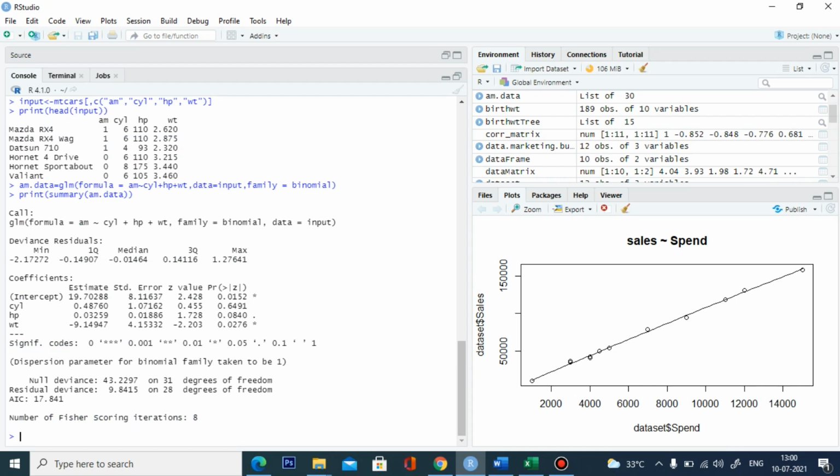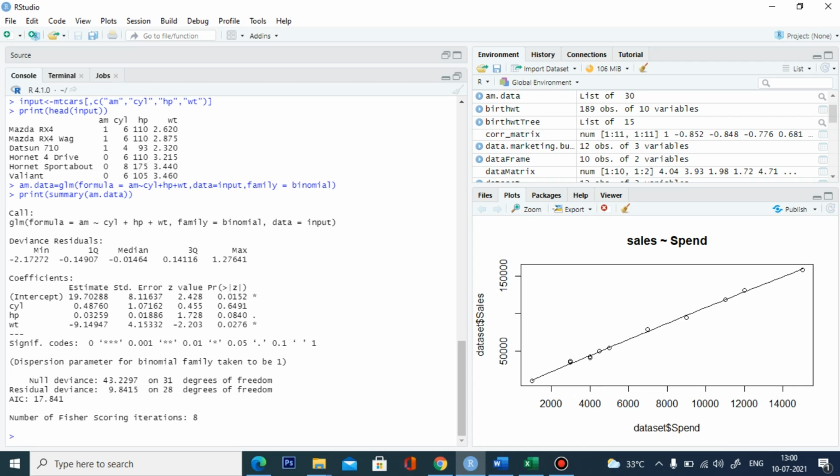These are the same. Here is the intercept variable, 19.7072. These are the individual significance of each column to the response variable: cyl, hp and wt.